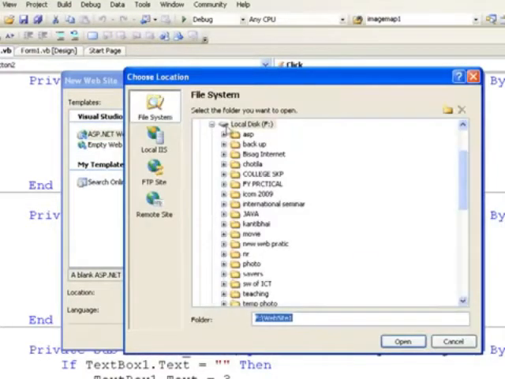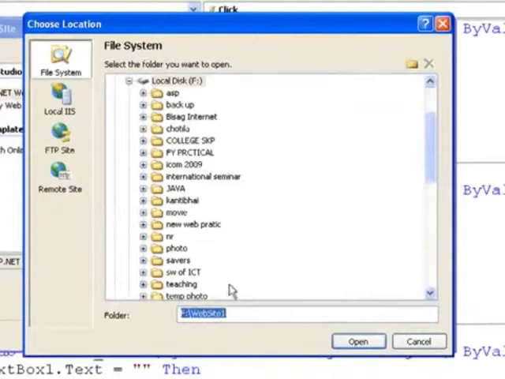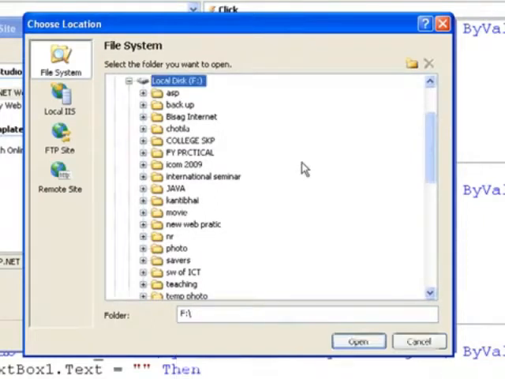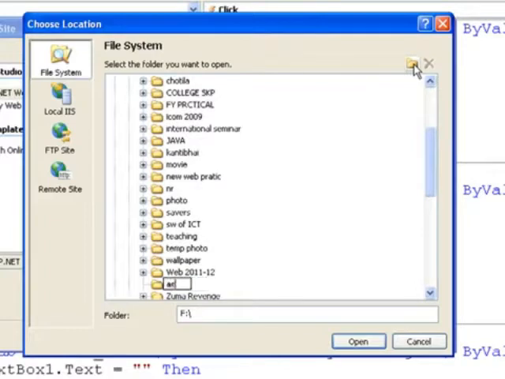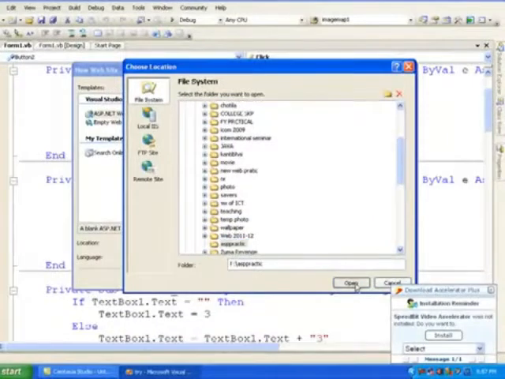Going for a browse, Website1 is the default folder, but we are taking a new folder. So in the F drive we are creating a new folder called ASP practice. Open.